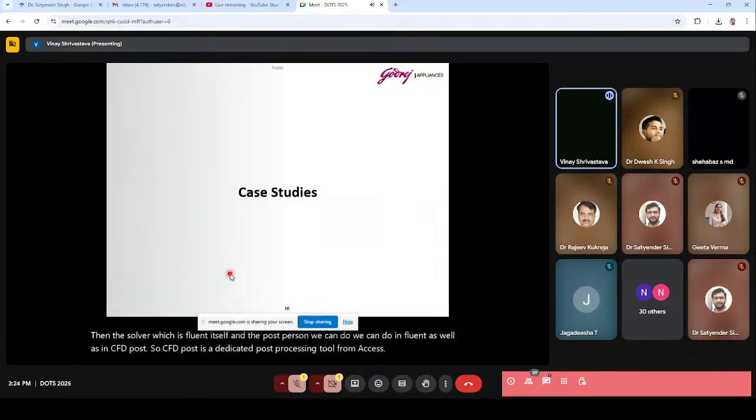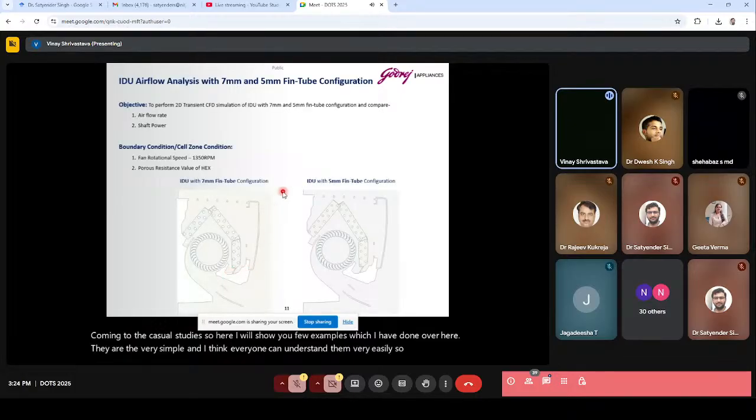Coming to the case studies, here I will show you a few examples which I have done. They are very simple, and I think everyone can understand them very easily. The first one is an airflow analysis of an air conditioner. If you see this picture, this is a cross section view of an air conditioner. If you cut the air conditioner from the center and see the side view, you will find this